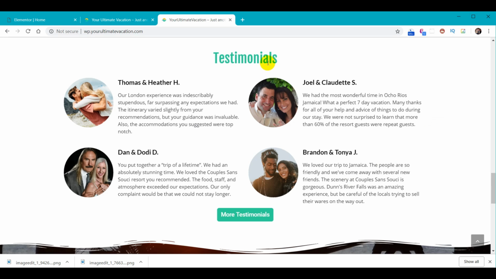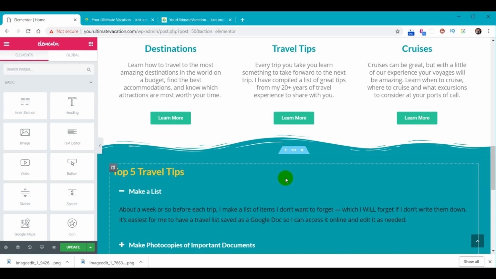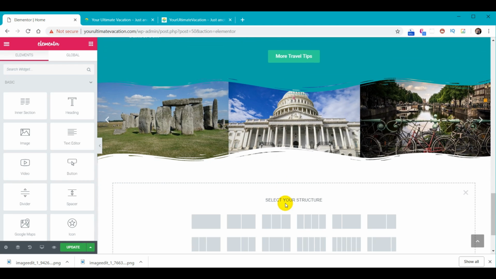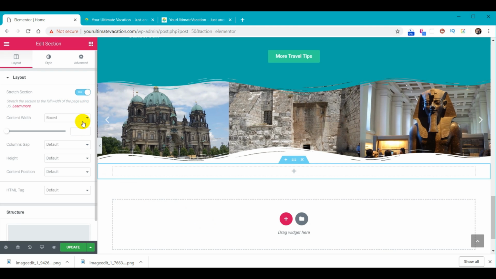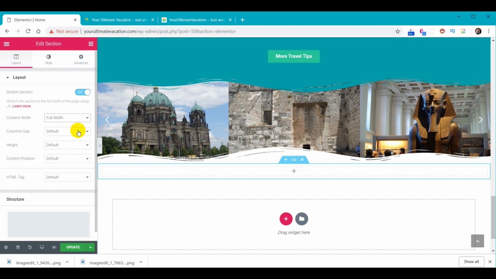It's going to have a header, it's going to have one testimonial, and then we'll clone it, and then we'll make another clone to have 4 of them total and a button at the bottom. So that's our goal. So let's go ahead and get started, and we're going to go over to our WordPress, start a new section. We'll have one cell. We're going to make it a stretch section, full width,